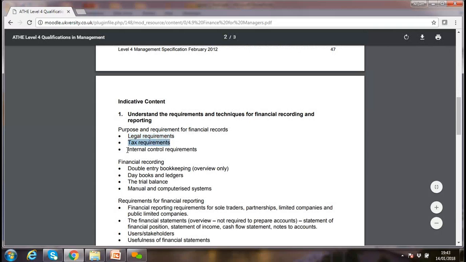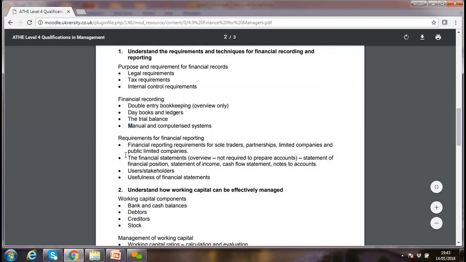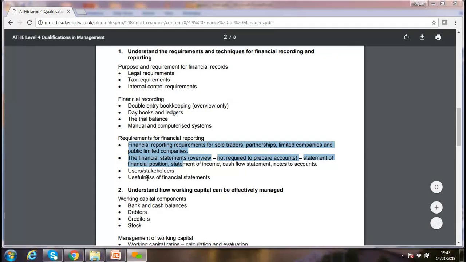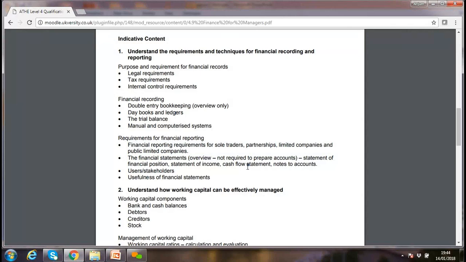We'll discuss internal control requirements. We'll go through a bit of overview about double entry bookkeeping. We'll discuss trial balance, what is meant by it, and we'll discuss a little bit about software and computerized accounting, manual and computerized, and what is the difference between them. And we'll discuss stakeholders. Normally in accounts, we prepare financial